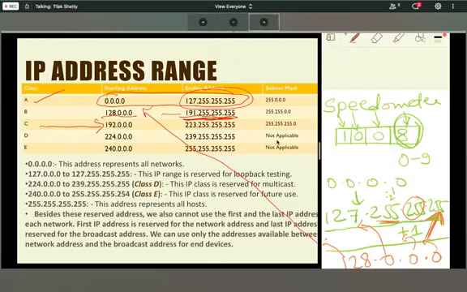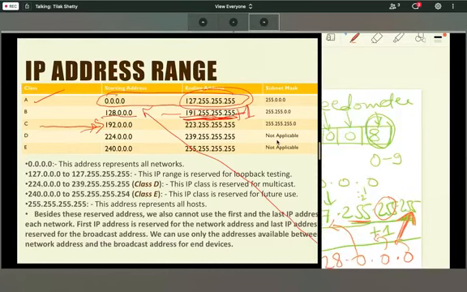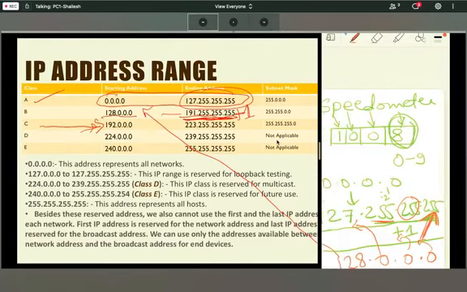If you do +1 in the class B last address, the ending address, you will get the starting address of class C here. So in this way, we have the IP address ranges.